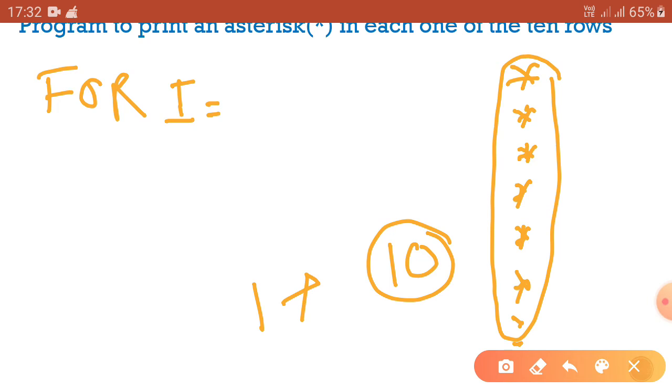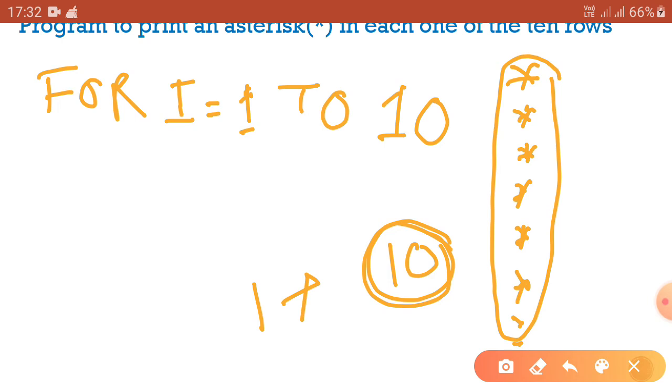So what will be the first number for the counter variable? That is 1. Yes or no? Okay, and write TO and then the final number, that means the total number. Here it is 10, so we have to write 10. Got it? So we are writing FOR I equal to 1 TO 10 because we have to print 10 rows.